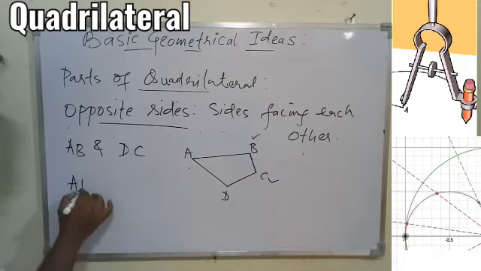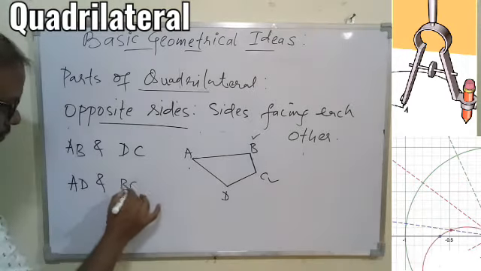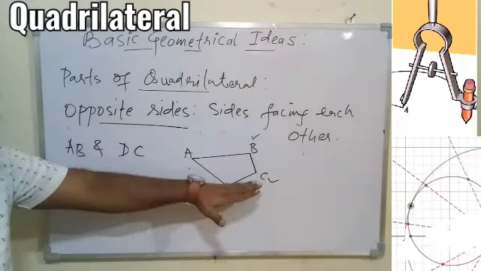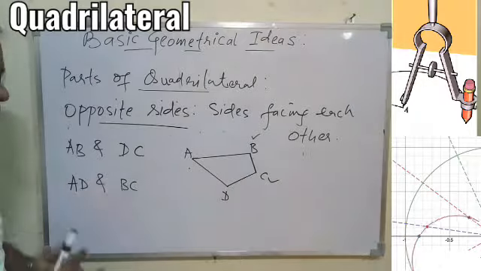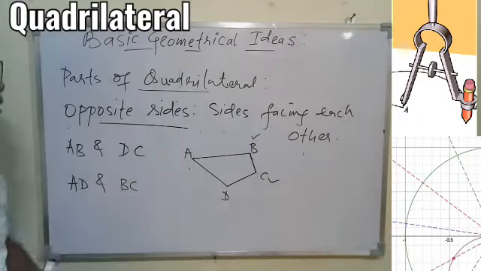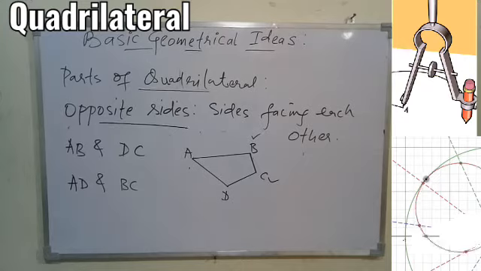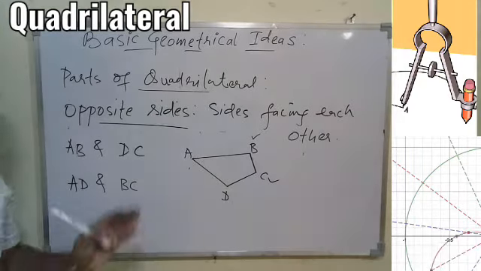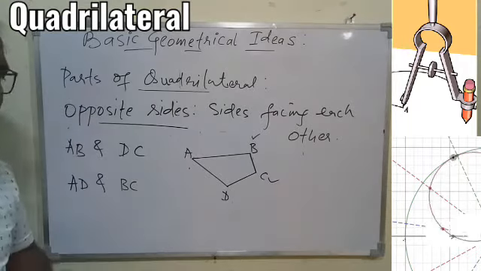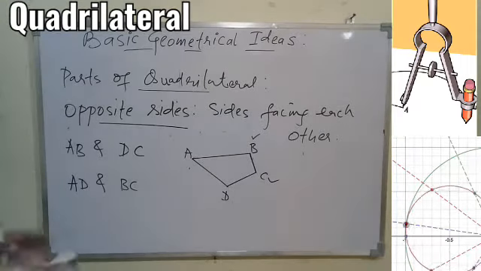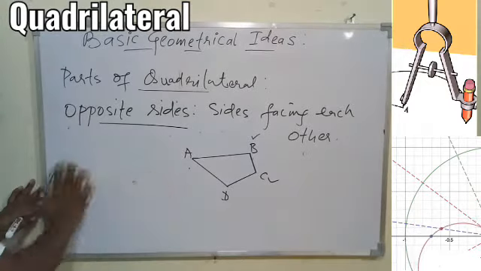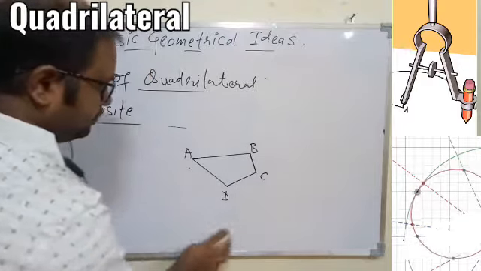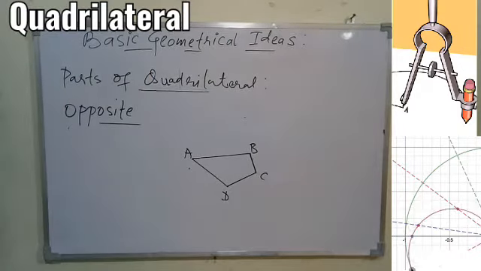Then we have AD and BC. So only two pairs we have, one AB and DC, that is this and this facing each other, and BC and AD facing each other. So these are the opposite sides of the quadrilateral. I hope you understood this also, opposite sides. In general we can say opposite sides will not have a common vertex. Adjacent sides will have a common vertex. That is also something we can take care of when you have to find out if the sides are adjacent or opposite. So you can identify with the help of the vertex also.